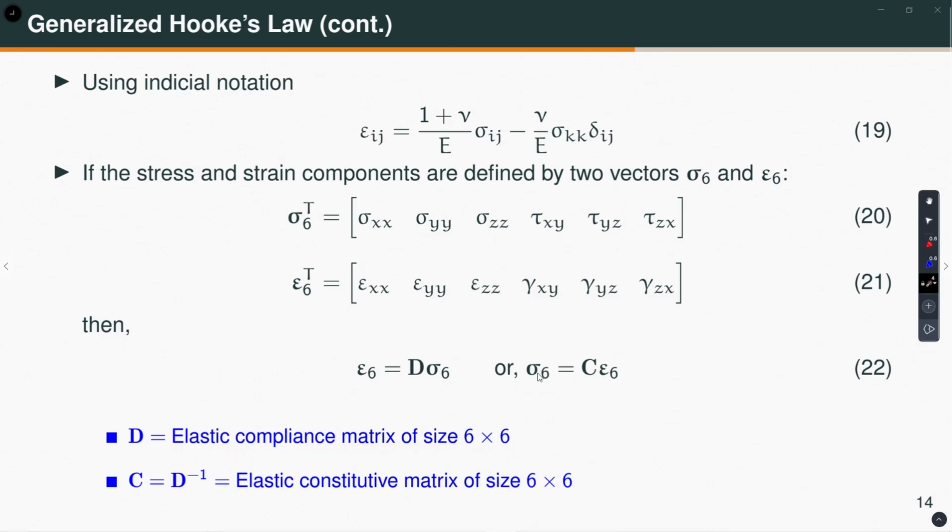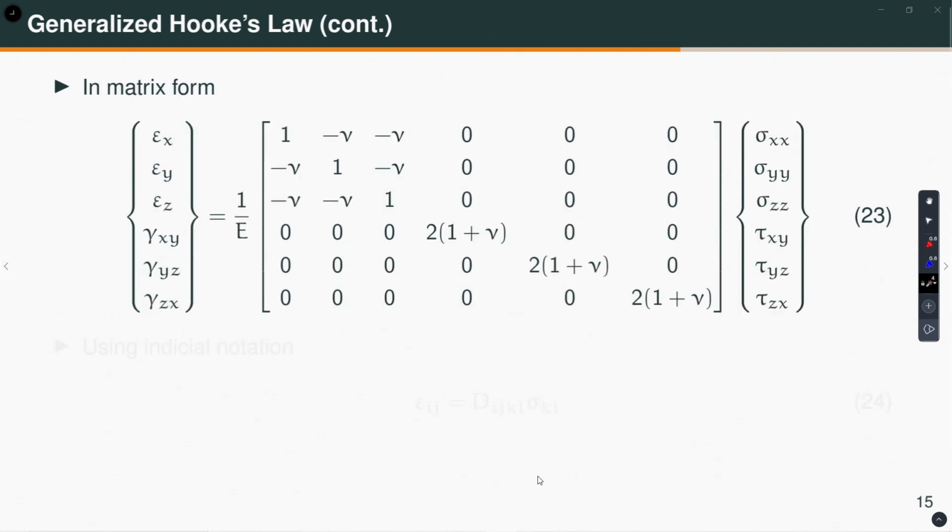And if I invert it, then I can write sigma 6 is equal to C into epsilon 6, where C is called the elastic constitutive matrix, which has a size of 6 cross 6. So, now I will give you the form. So, this is my epsilon strain vector and this is my stress vector. So, what is this? This is the elastic